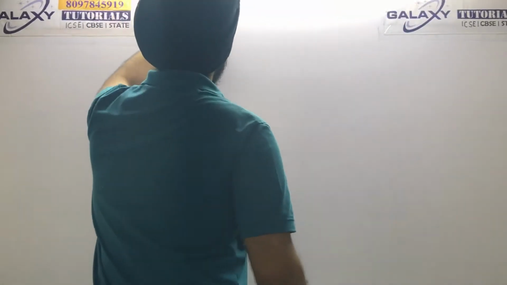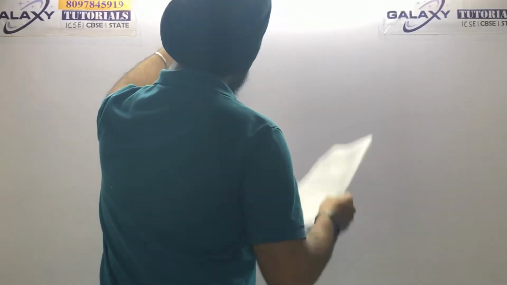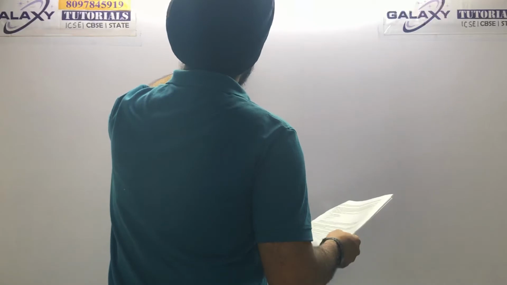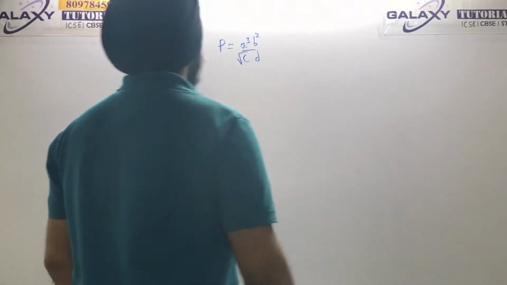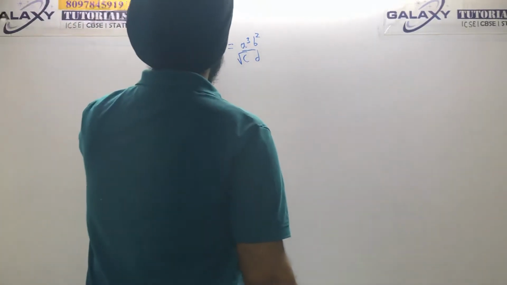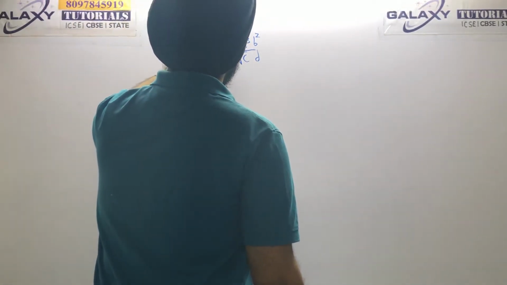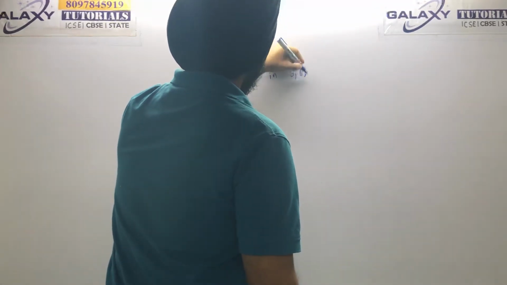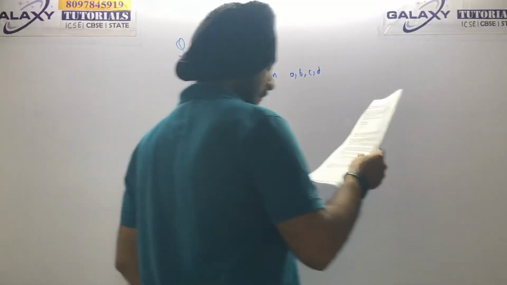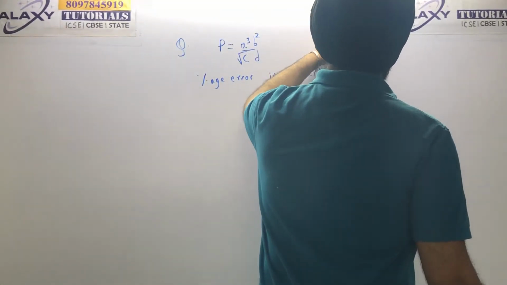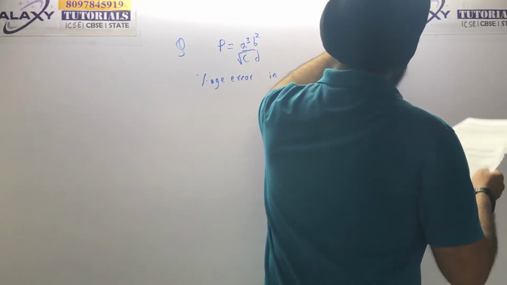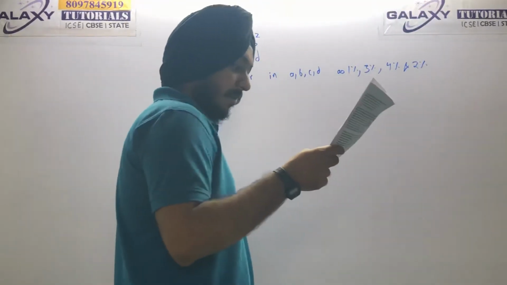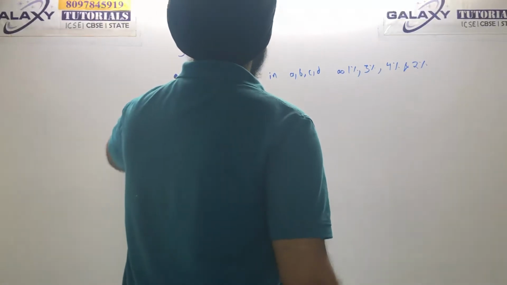A physical quantity P is given by the formula A cube B square upon under root C D. Now they have given us the percentage error in A, B, C, D as 1%, 3%, 4%, and 2%. So first of all we have to find the percentage error